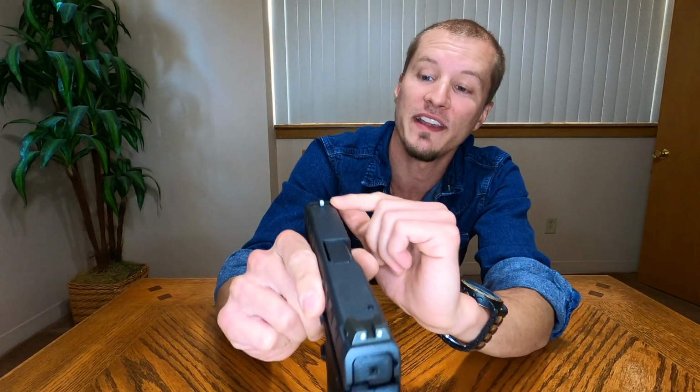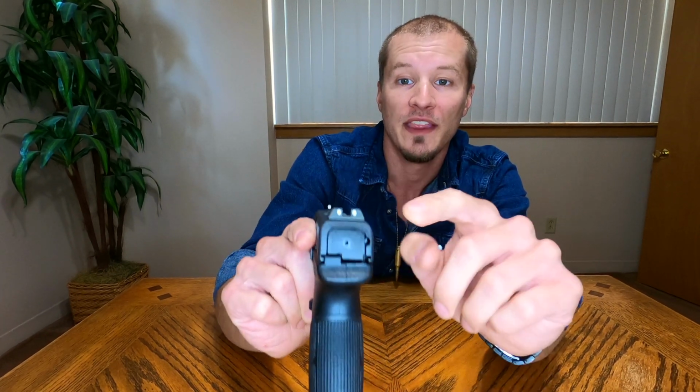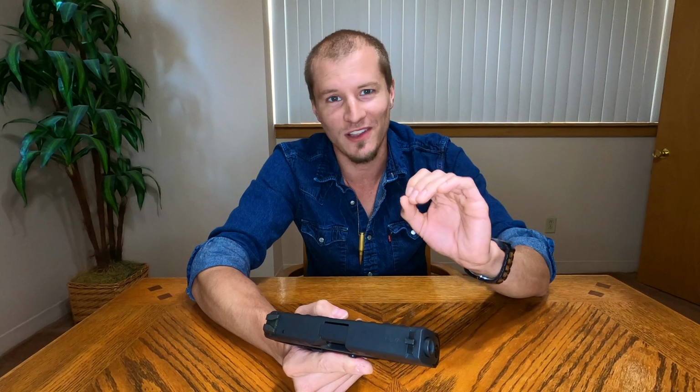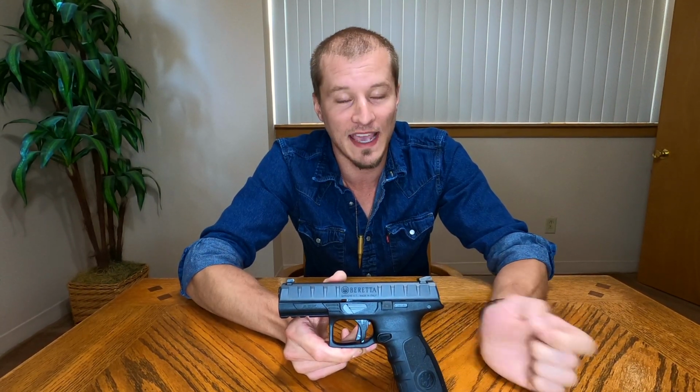I will say that the front sight, this front white dot on there, is going to be larger than the 2 dots on the rear. So that is just gonna help you really find that front dot and line up your sights very well. I've never had a gun where the front sight had a noticeably larger dot than the rears, and it's a great idea. I don't know why nobody else has thought of that, but awesome job, Beretta. It's all in the details, and you will see they nailed the details on this gun, and that's what's gonna set it apart. Instantly looking at this gun, it looks different than all the rest, and that can be attributed